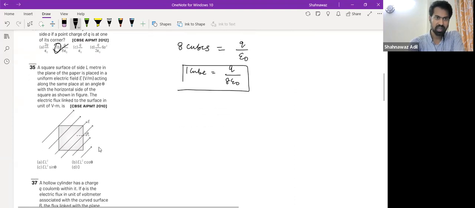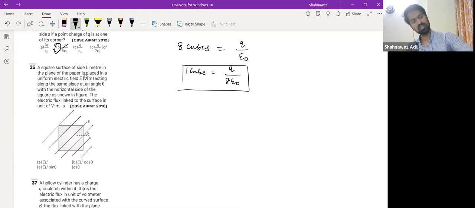We have a square surface of side L meter in the plane of a paper. So let's say we have this plane, and a uniform electric field acting along the same plane. So the electric field is in the same plane, right? But first, let me ask you this question, if you have this plane,